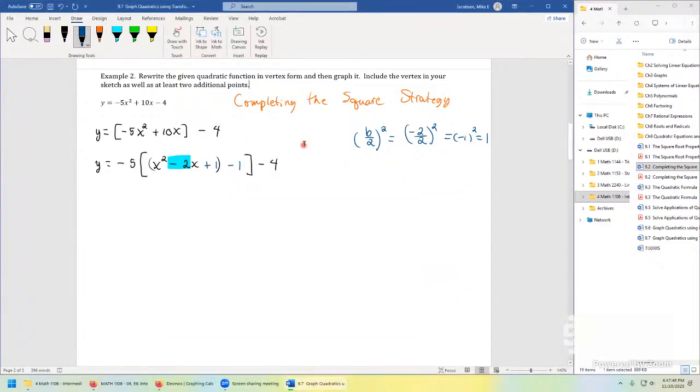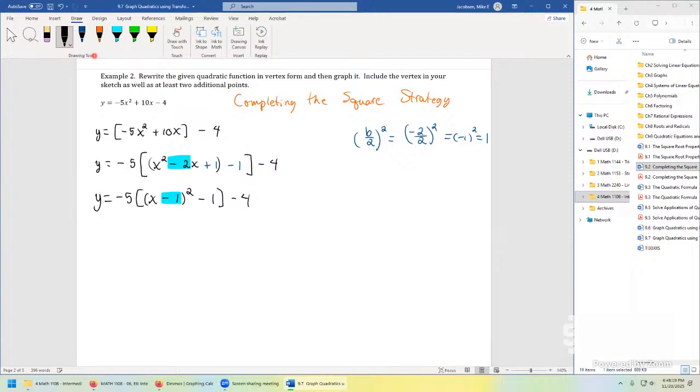So that was some time ago. Let's rewrite this again as y equals -5. Let me put a bracket in. This factors as a perfect square polynomial as x minus 1 to the power of 2. That -1 is the same -1 that you see right here, right before we squared it. We keep the negative sign, we take the square root of that +1, whatever it is, and -1 is still